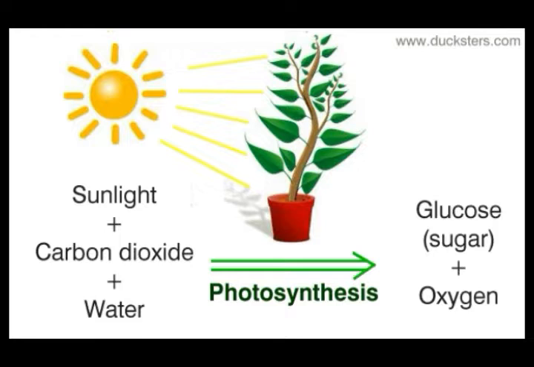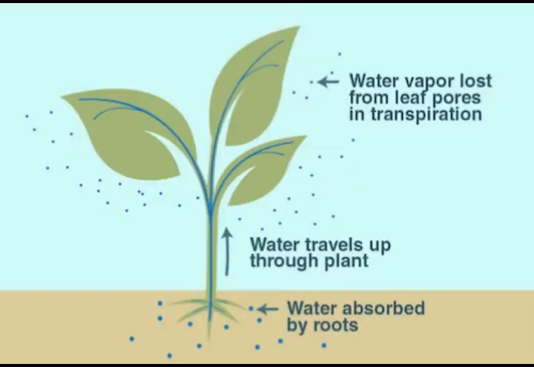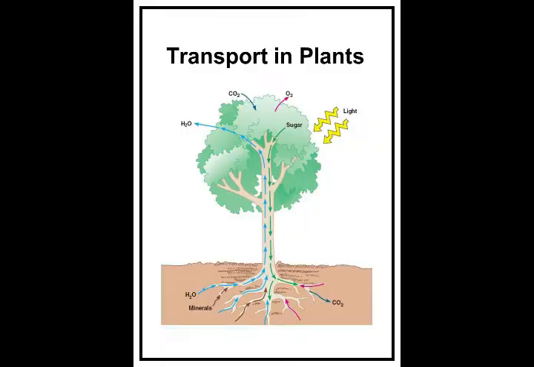Second, transpiration. A large amount of water present in the plant cell is released outside as water vapor during transpiration. And transpiration in turn provides suction force for the ascent of sap. Suction force, do you understand? It's an uptake force for the ascent of sap. Sap is a fluid that needs to be absorbed, and this takes place due to the process of transpiration and absorption of water by roots from the soil.